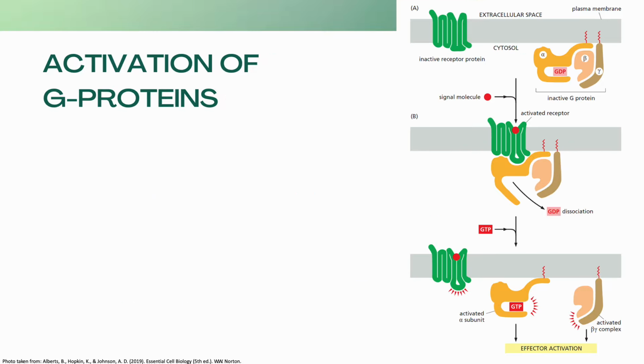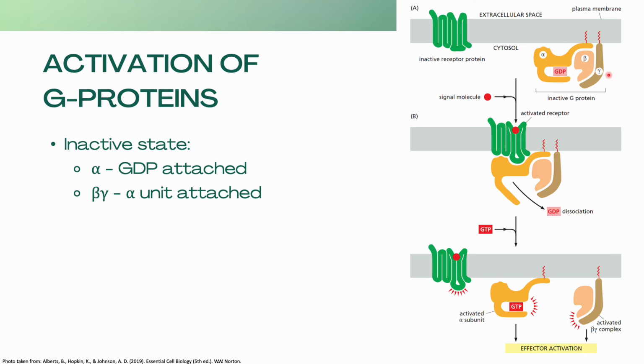Let's take a closer look at the activation of our G proteins. Here we can see the inactive receptor protein and the inactive G protein. In the inactive state, the G protein has 2 distinct parts. We have the alpha subunit, and while there is GDP attached, it is inactive. Meanwhile, the other 2 subunits, which we call the beta-gamma complex, remain inactive so long as they are attached to